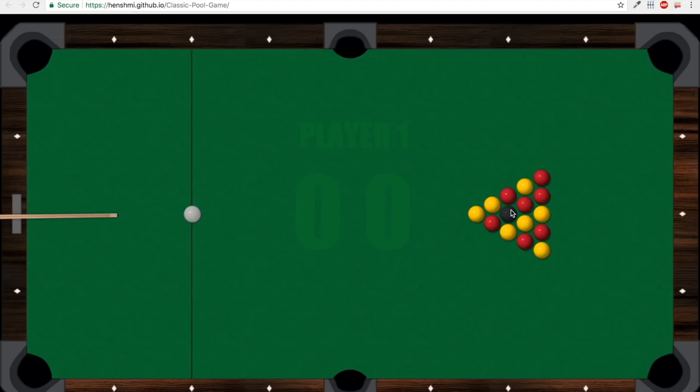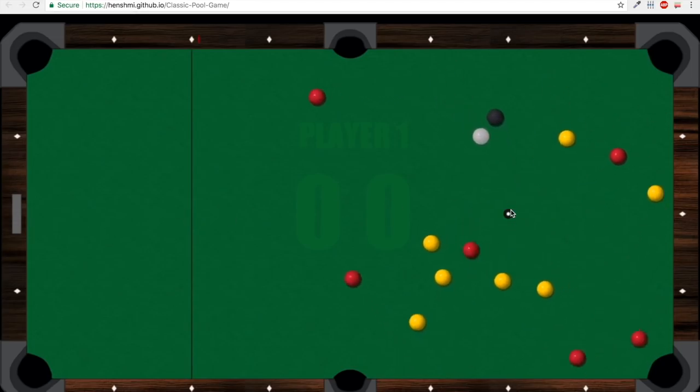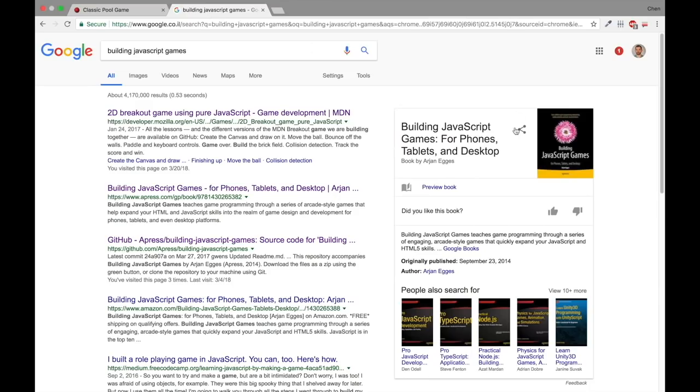So before we begin, I would like to take some time to give credit to a book that I read that inspired me to make this game. This book is called Building JavaScript Games for Phones, Tablets, and Desktop, and it is written by Arjen Egis. I'm sorry if I'm pronouncing the name wrong. Anyway, it is a really great book, and many of the topics that I'm going to talk about during these tutorials are taken from here. And if you would like to gather deeper understanding and knowledge about those topics, I really recommend you read